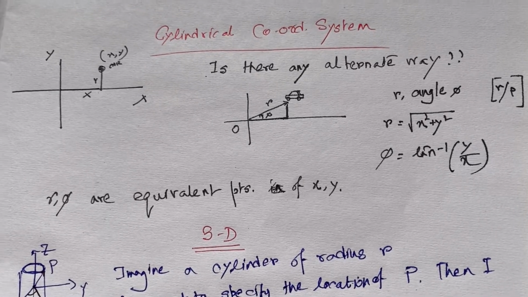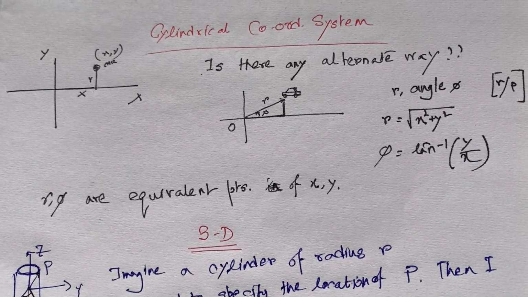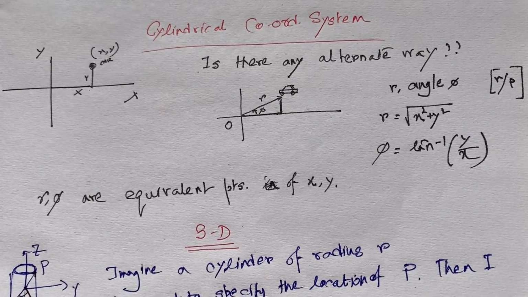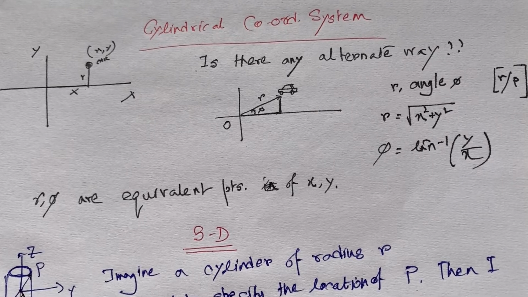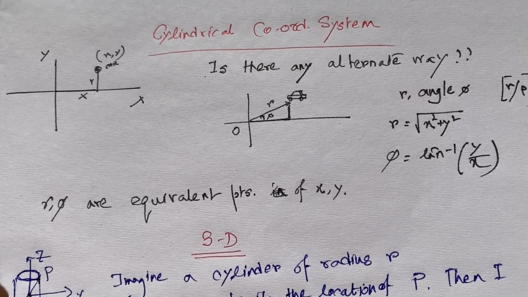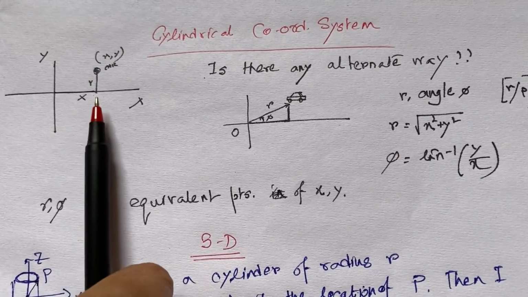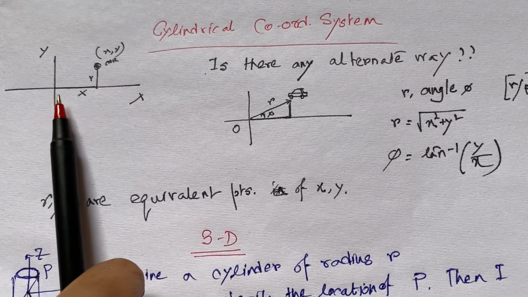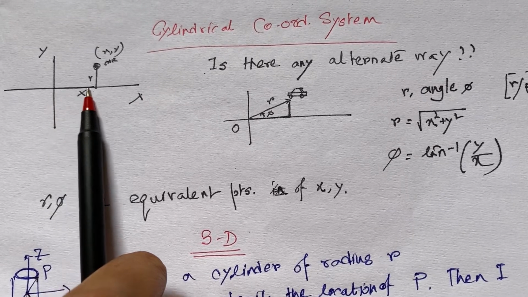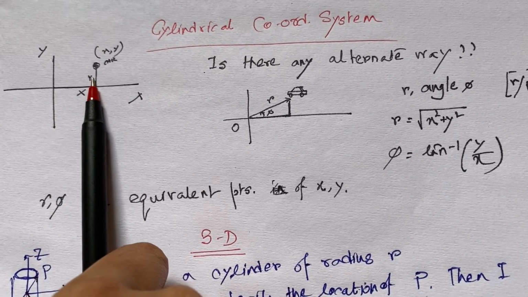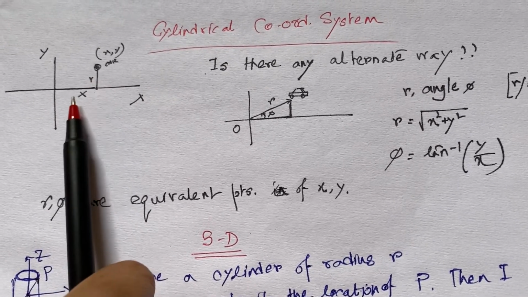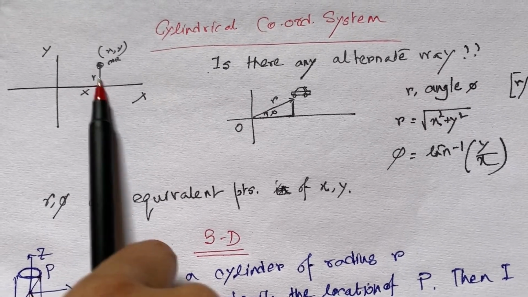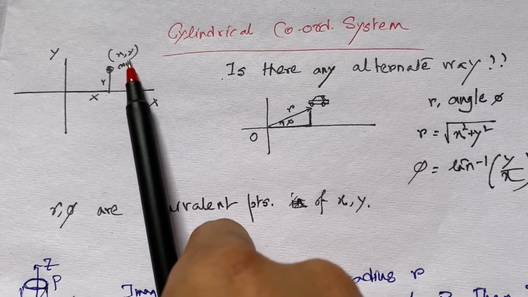Let's begin with the Cartesian, cylindrical coordinate system. We have already discussed the rectangular Cartesian coordinate system. In the rectangular Cartesian coordinate system, if I want to specify the location of an object, suppose a car, I need to go a certain distance along the x direction, then a certain distance along the y direction.